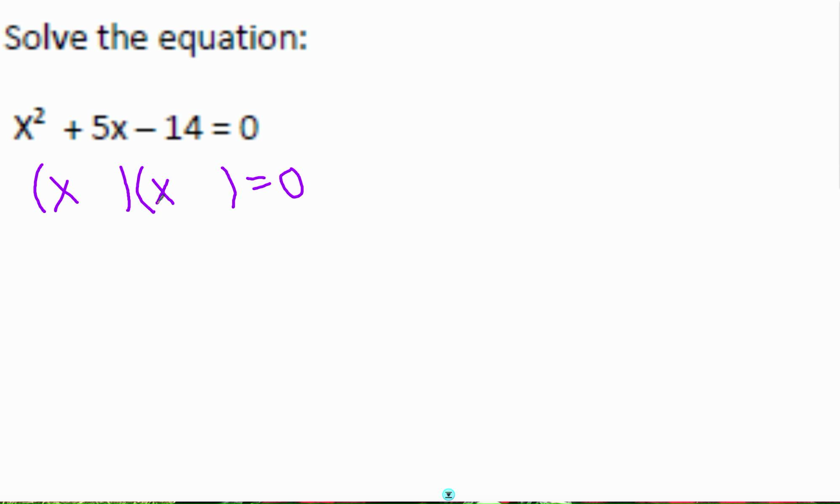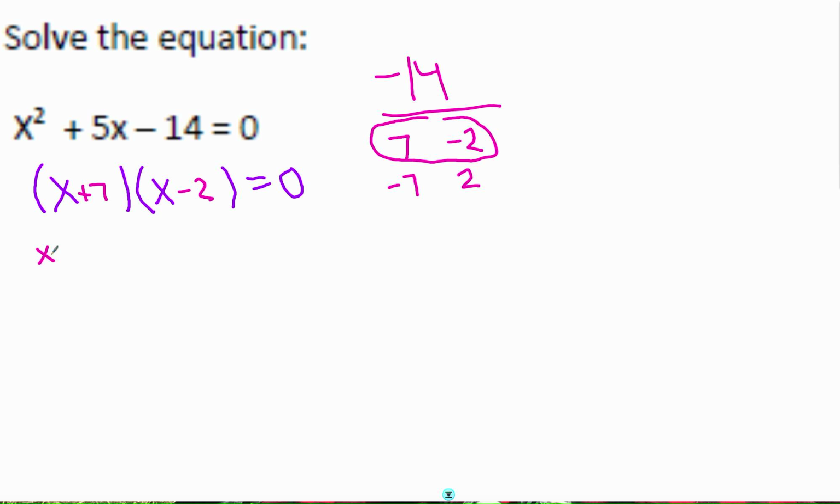So then I think about what I could multiply times itself to get x squared. It's x times x. I think about all the things I can multiply to get negative 14. Maybe 7 times negative 2, or negative 7 times positive 2, and so on, until I see the factors that combine to give me positive 5. So I know it's going to be plus 7 minus 2. So when I set each individual factor equal to 0,